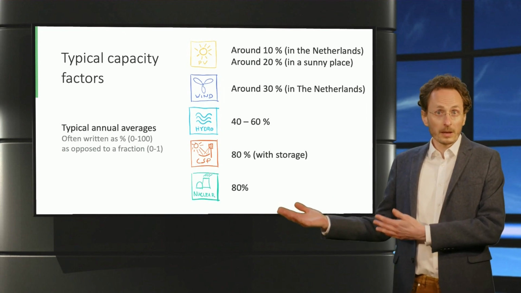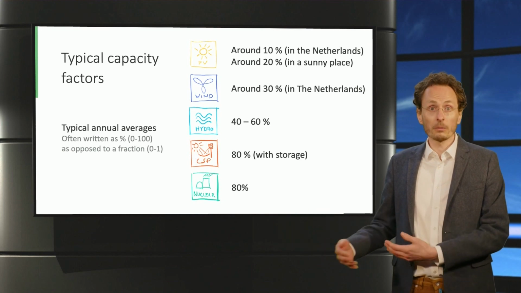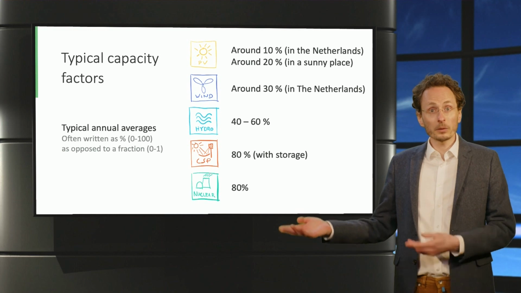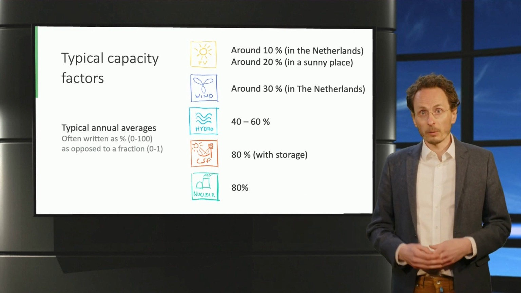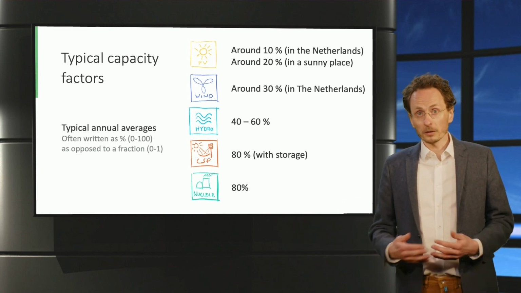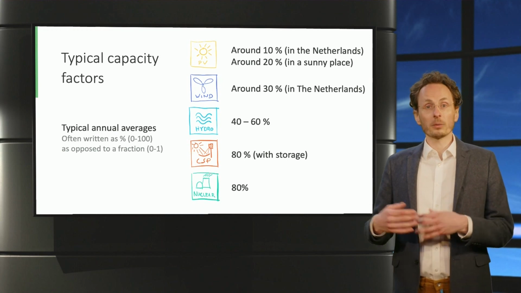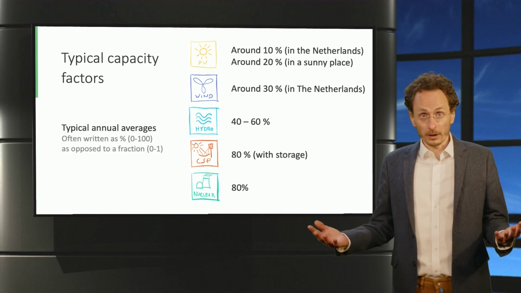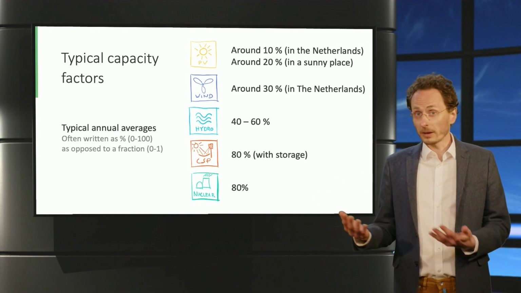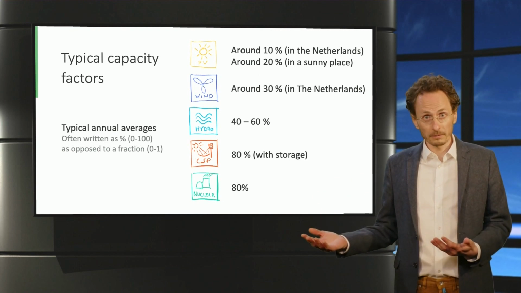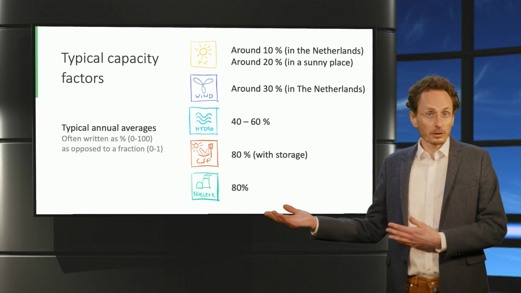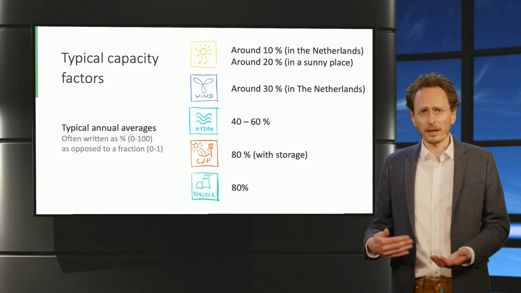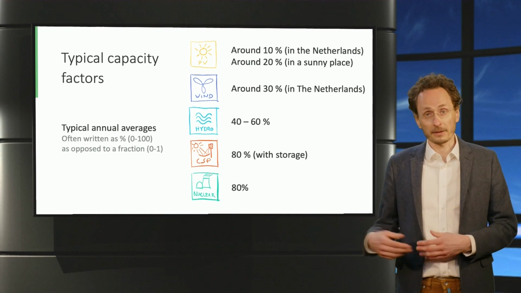Here you can see some typical values for some of the technologies we already mentioned. Now, one thing to note is towards the bottom of the list here. Remember I said that CSP, concentrating solar power, can provide 24 hours of electricity. So if it is always running and producing electricity, shouldn't it have a capacity factor of 100%? Even more, I included nuclear power as well. A nuclear power plant's main strength is that it always runs. So again, why does it have a capacity factor of less than 100%?